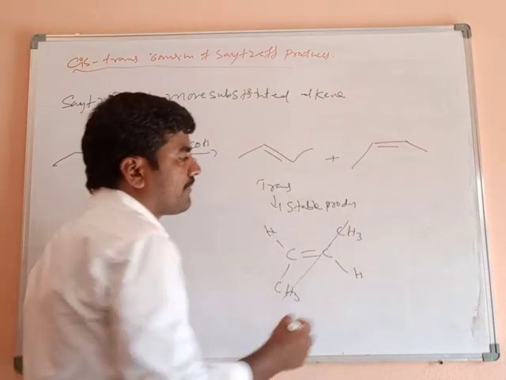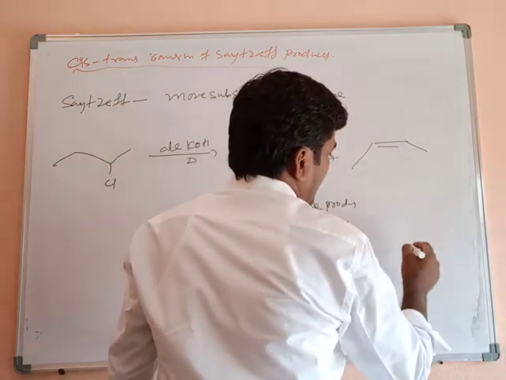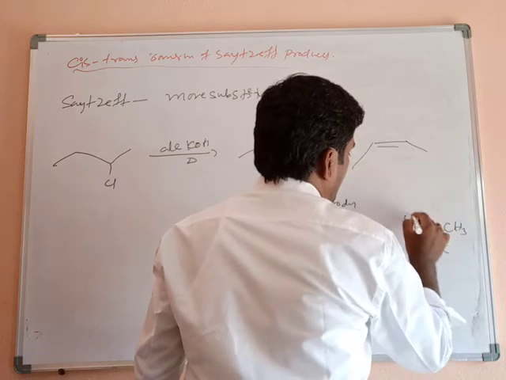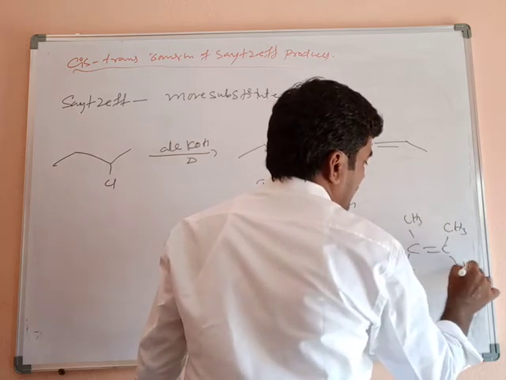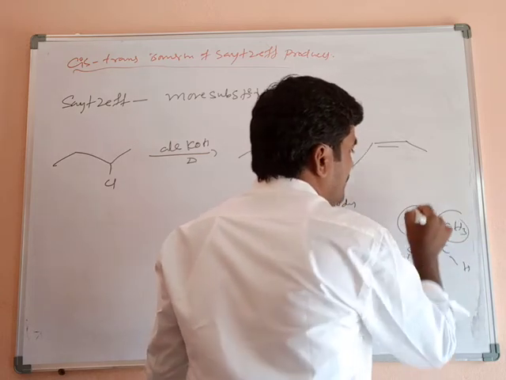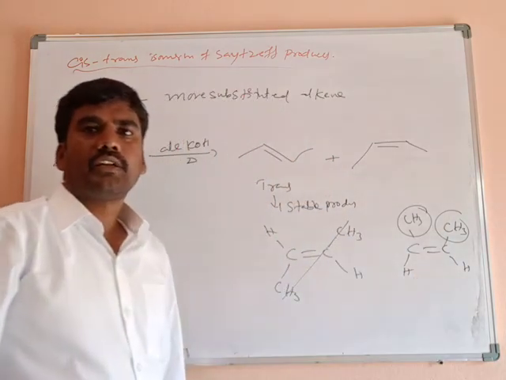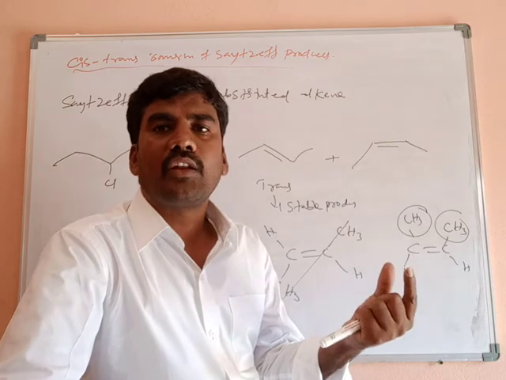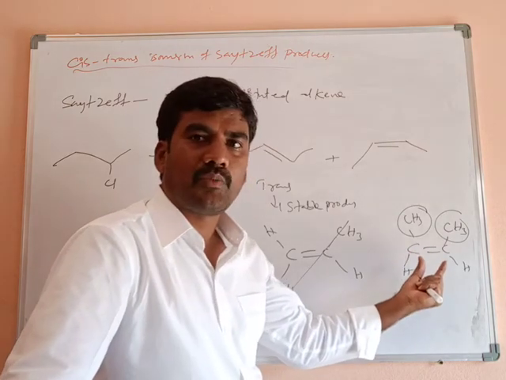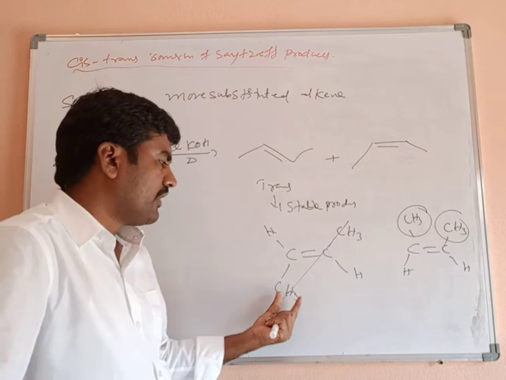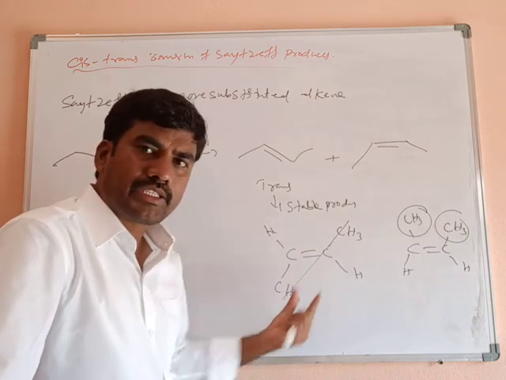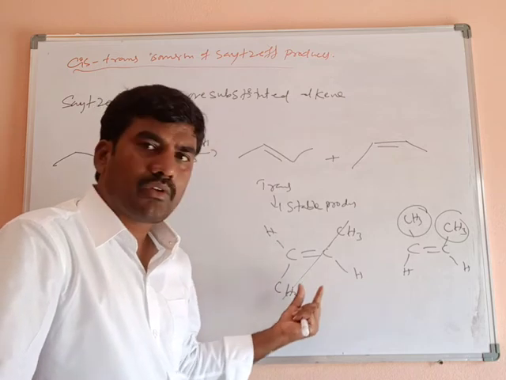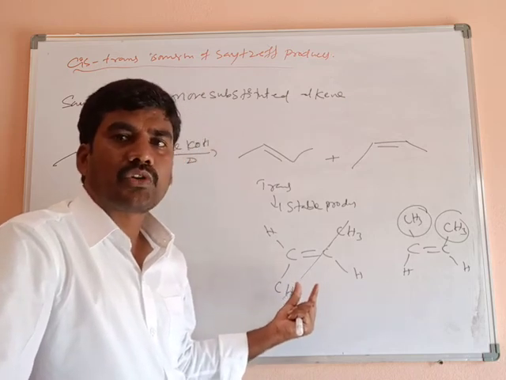For example, in a cis alkene, C double bond C, with CH3 and CH3 on the same side and H and H on the other. Now both are electron donating groups showing a plus I effect, with an electron cloud. Due to the repulsion between the methyl groups, this compound is unstable. What about the trans one? Since they lie in opposite directions, the least repulsion takes place between the two methyl groups. So that's why it is more stable.